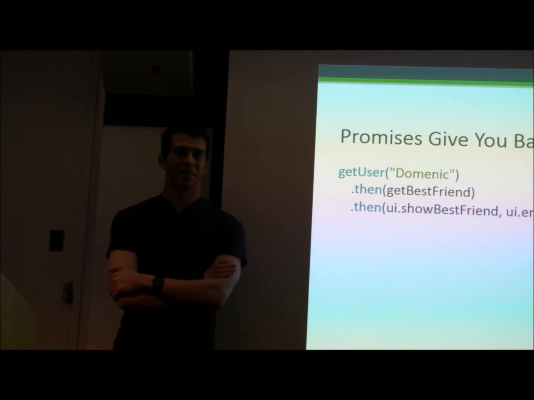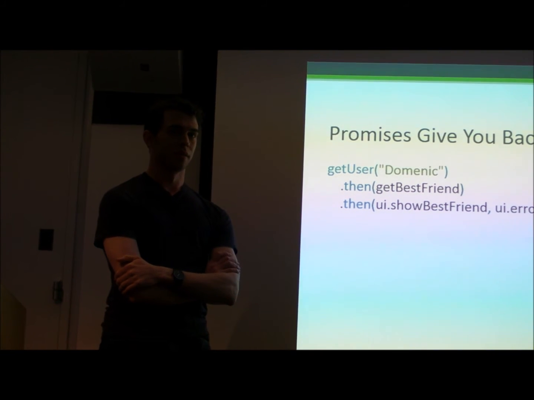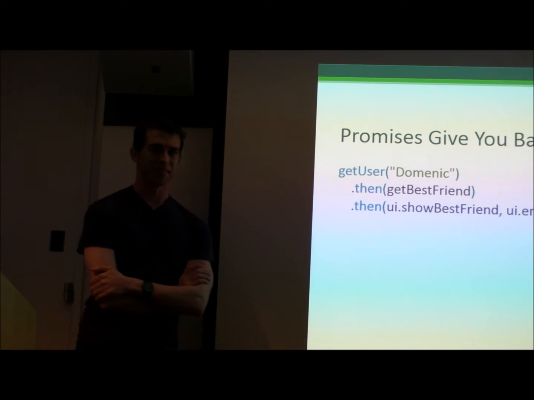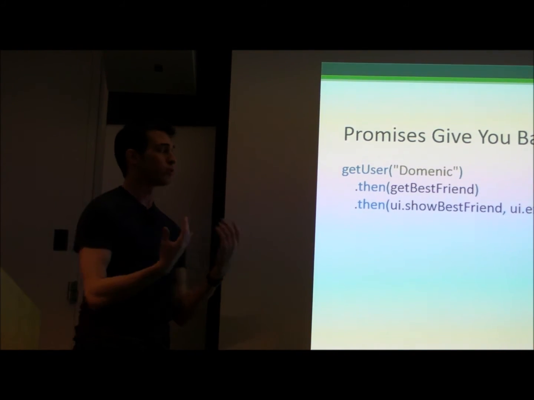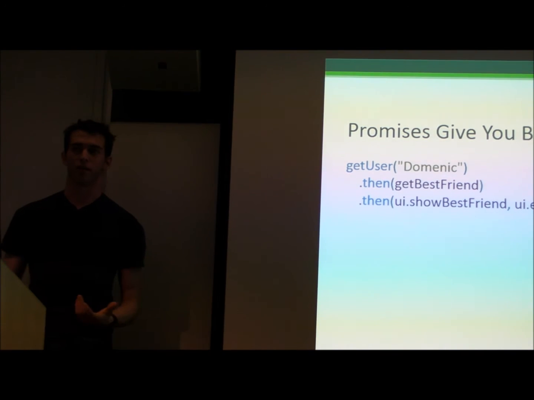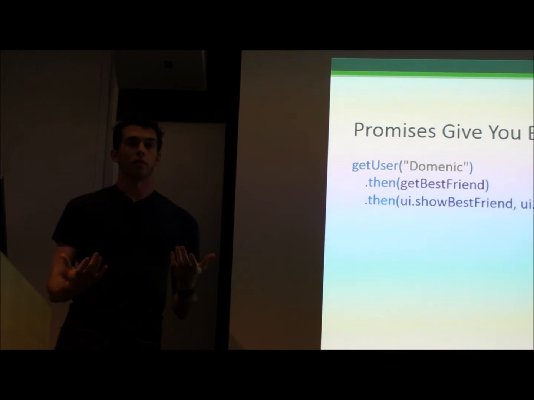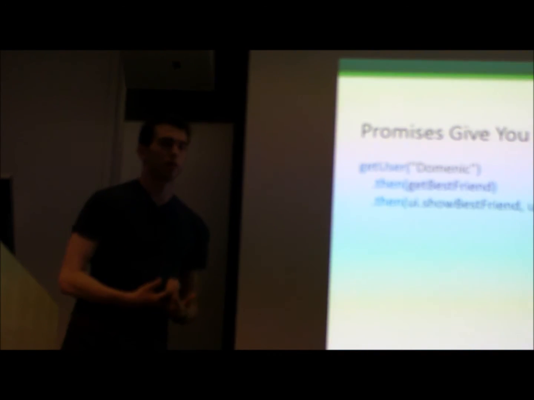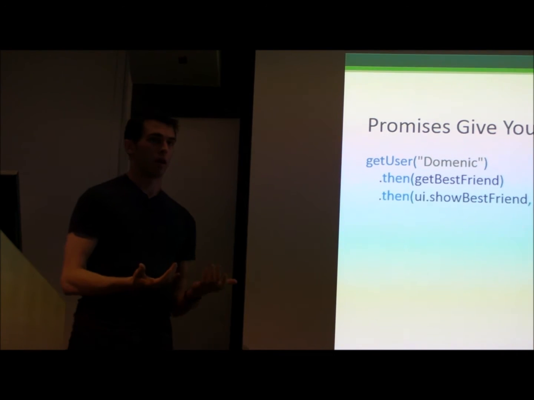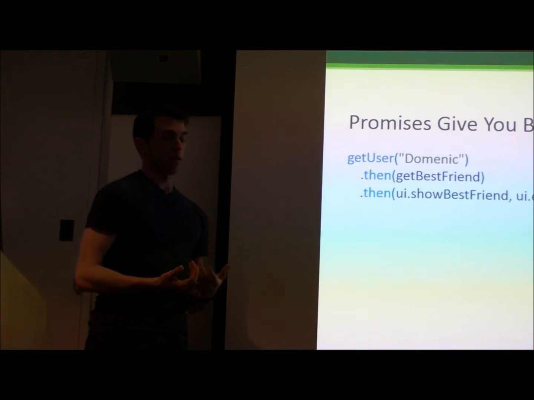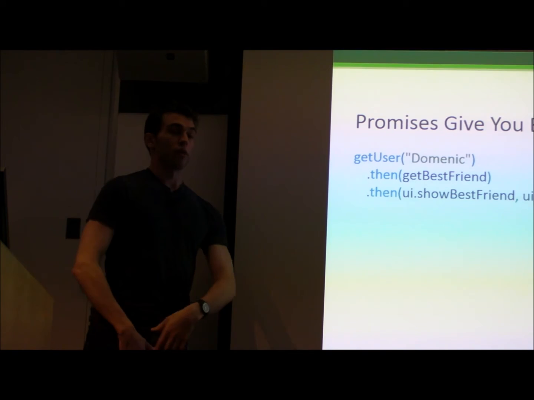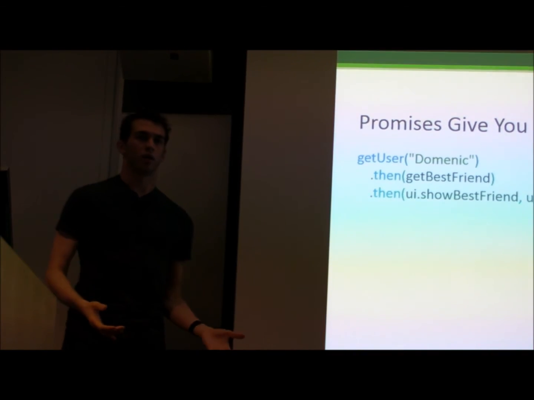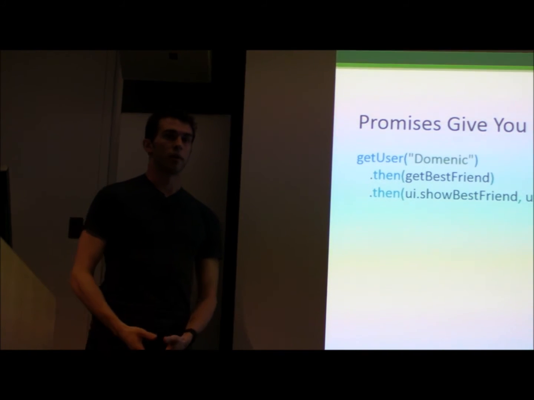Is there a common pattern? Yes, it's so common we have several shortcuts for it in real promises, in large libraries. I'm introducing you to the then primitive by itself, but one is .catch, and then you just pass the error. You don't have to pass the undefined. There's another, which is .done, and what happens there is, if anything gets thrown, it'll just rethrow that so it hits window on error. So it's kind of like the last ditch. I don't have any graceful error handling. I'm not expecting this to throw, but let me know if it does.